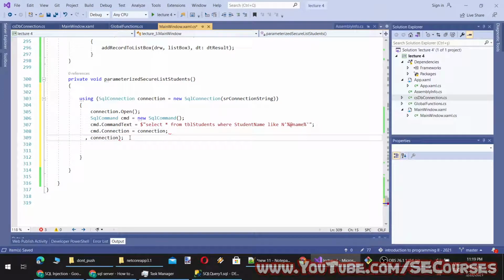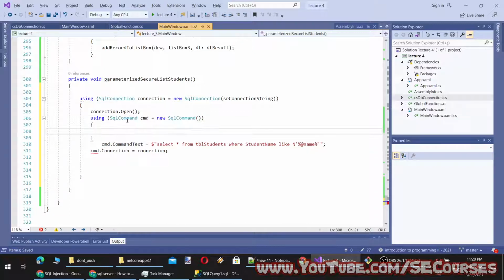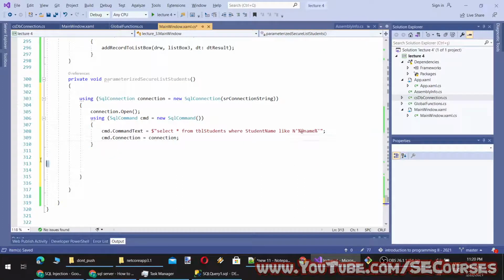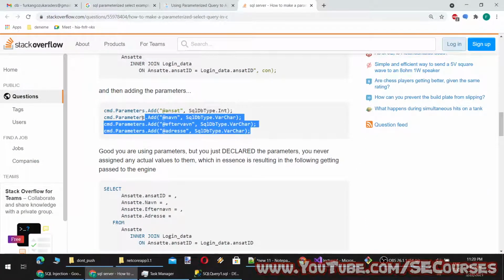You know that we should always use a using clause if it is supported. So let's check whether command supports using or not. And yes, it is supporting using. Therefore, we will be doing a using clause. And then we will add the parameters with their names.